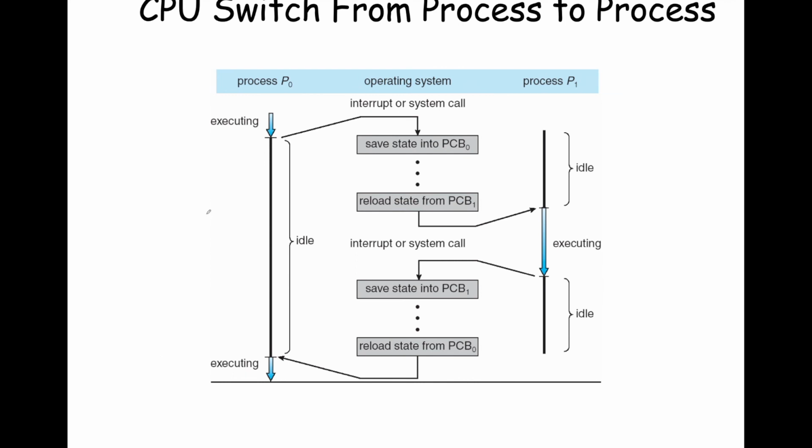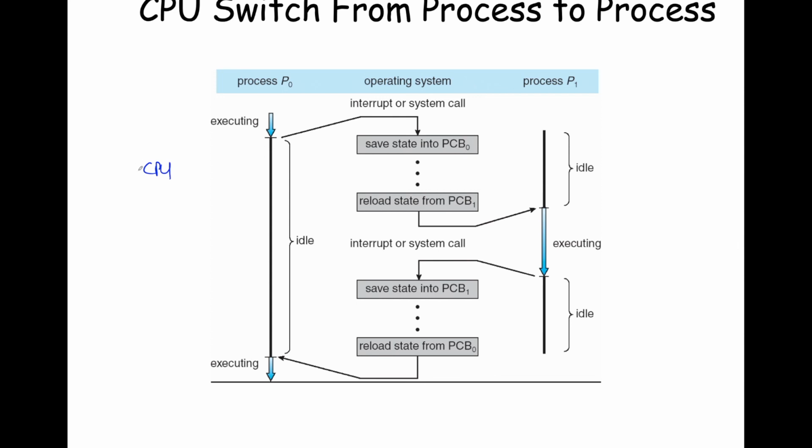So this schematic depicts the interchange between two processes, T0 on the left-hand column and T1 on the right-hand column. We have the operating system in the middle, and at the outset, let's imagine that T0 is executing. T1 is currently idle, it's waiting. So P0 is executing, and all of a sudden, it executes a system call, does something like a file read. So what happens? Well, it's kicked off the CPU.